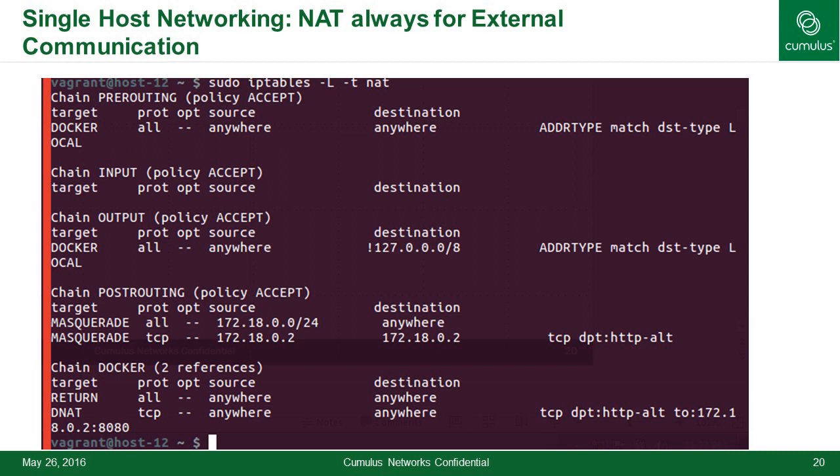Let's take a look at what we mean by that. The basic idea is that you're using iptables and NAT as a mechanism to communicate with the external world. So if I attempt to ping anything from inside to the external world, it will use a separate IP address, and we'll see what goes on in a second.